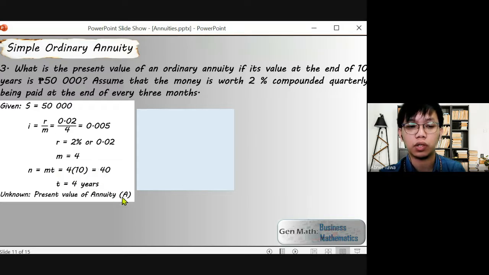And then the unknown here is letter A, or capital letter A, the present value of annuity. Okay, so if you observe, in solving the present value of annuity, we need the value of